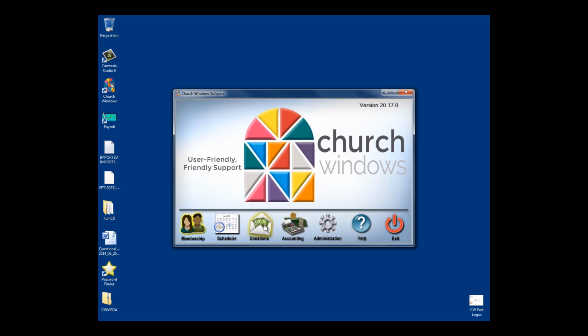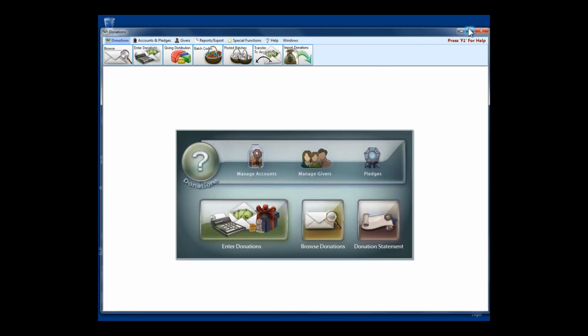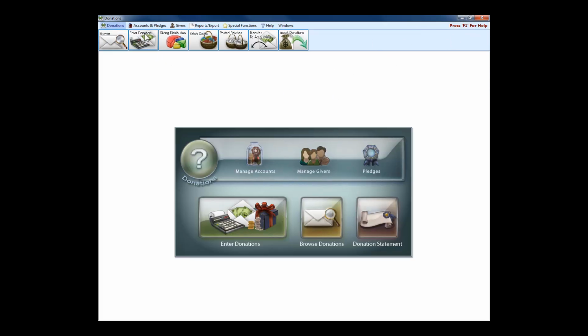We're going to jump into donations next. And donations, of course, we're talking about giving to the church and tracking the giving. We're going to go through donations kind of the same way we went through membership. We'll start here with, we should probably start at enter donations, which, by the way, in Church Windows, you can